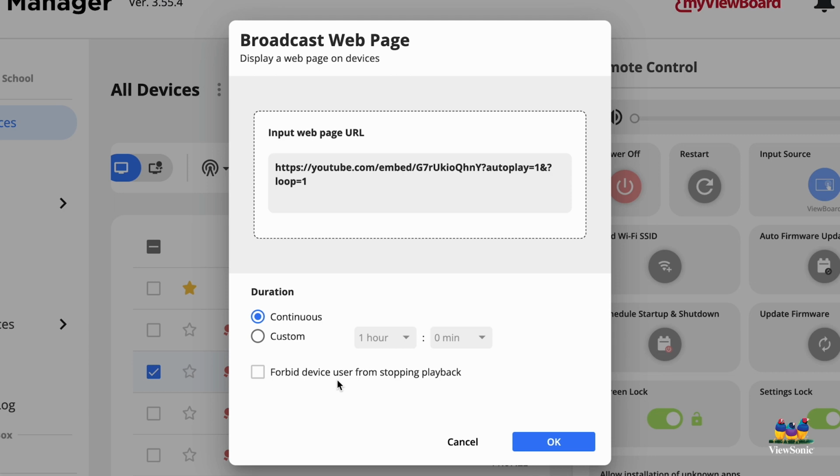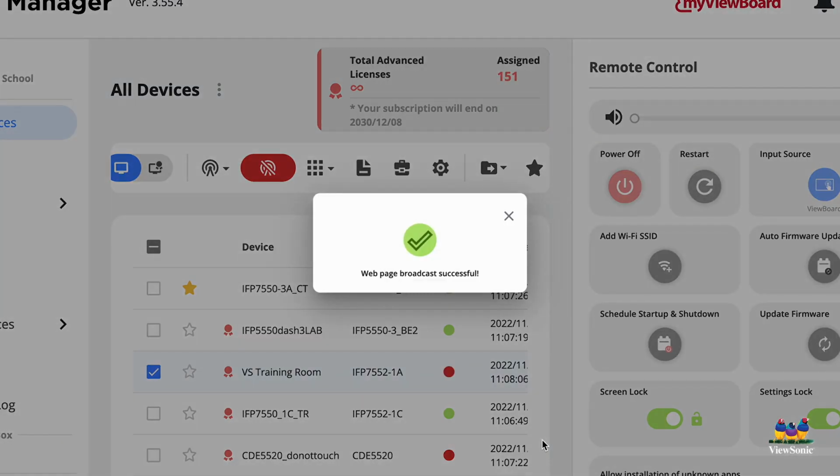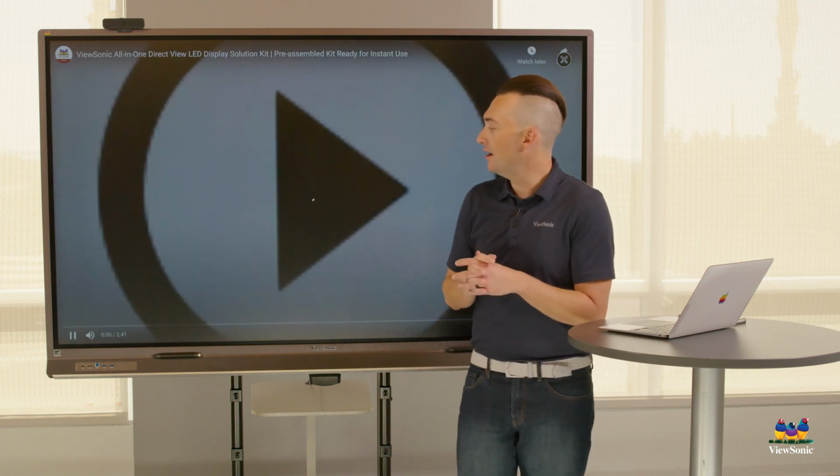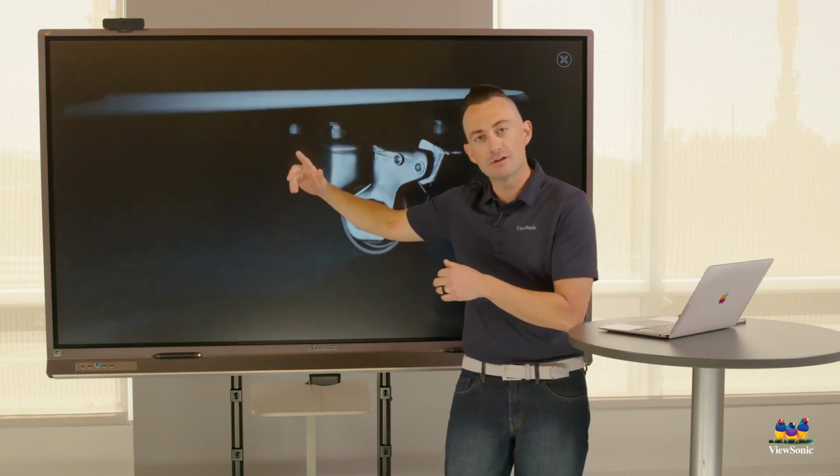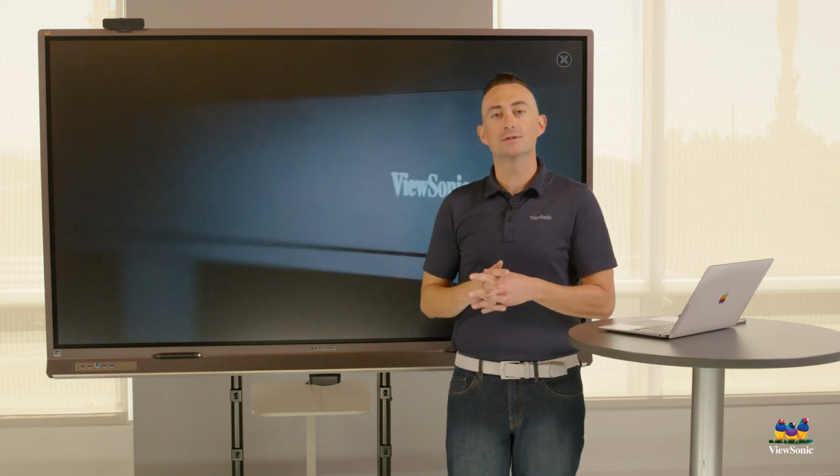You can also decide if you want your users to be able to disable the video or not. Hit OK, and you'll see here behind me that video is going to be full screen. It's going to autoplay. Now I have the volume turned down, but the volume would also be coming through. And then as soon as this video is finished, it's going to loop again because we told it to loop,